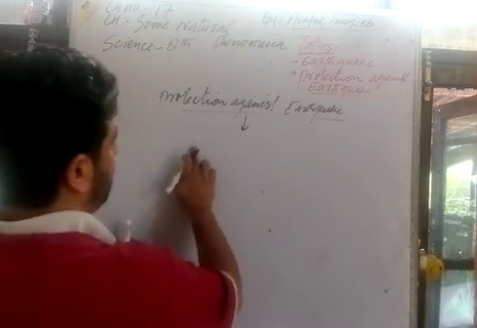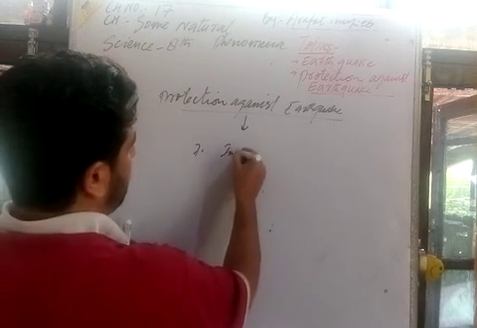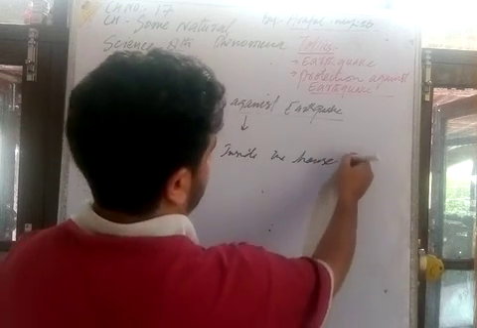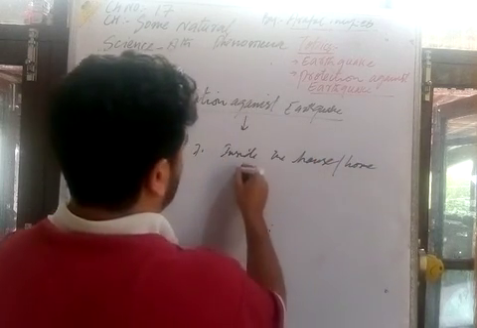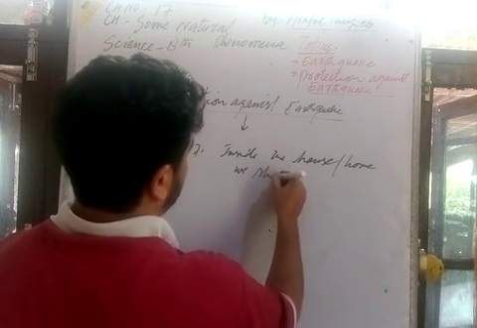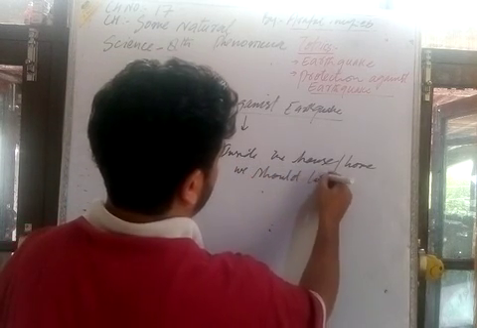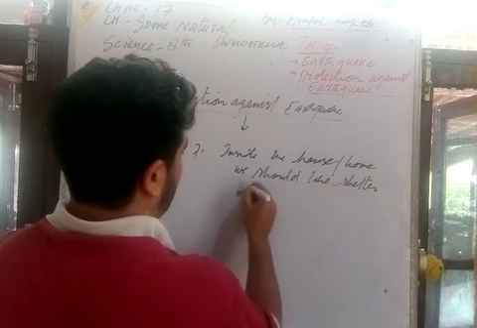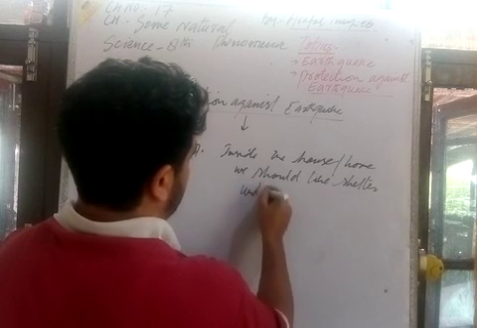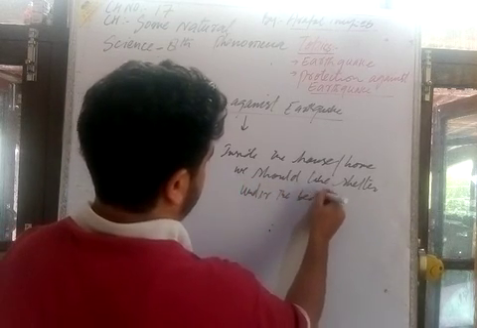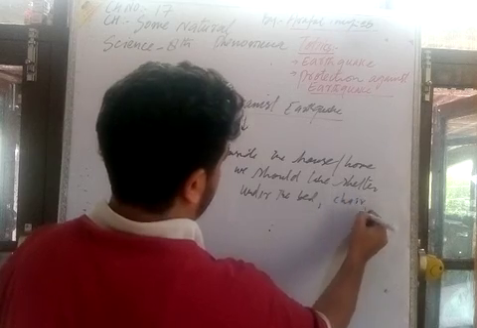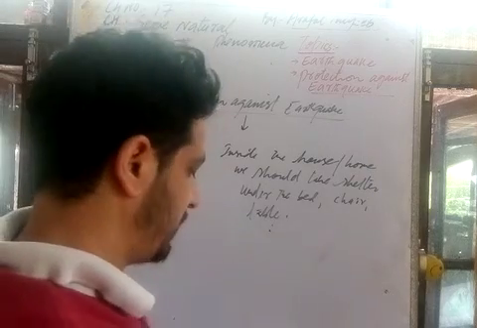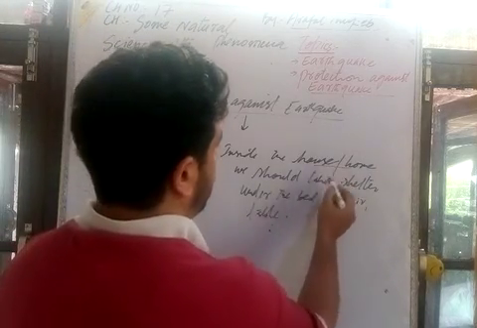When you are inside the house, inside your home, we should take shelter below, under the bed, chair, table. If we are inside a house during the strike of an earthquake,